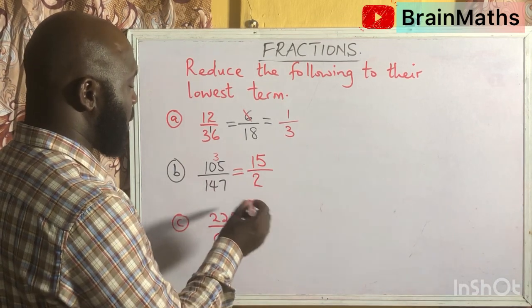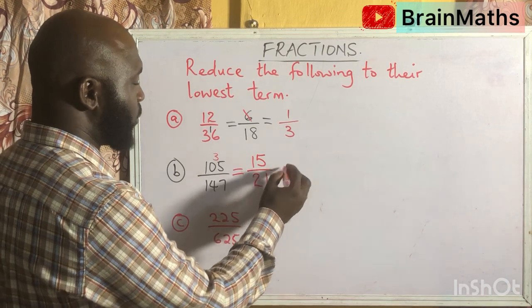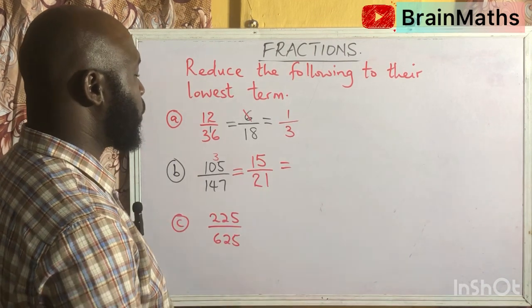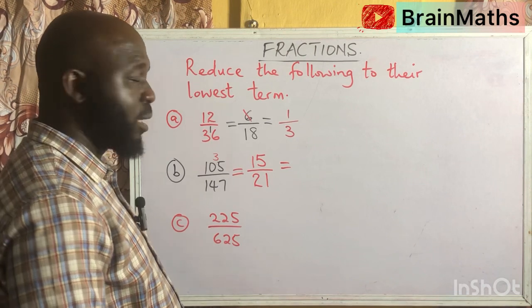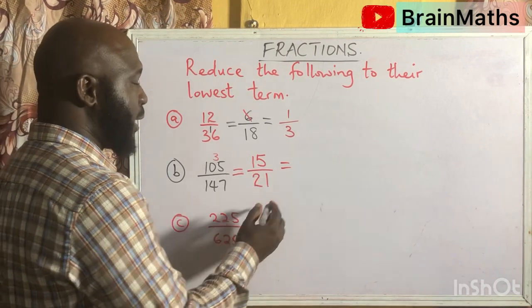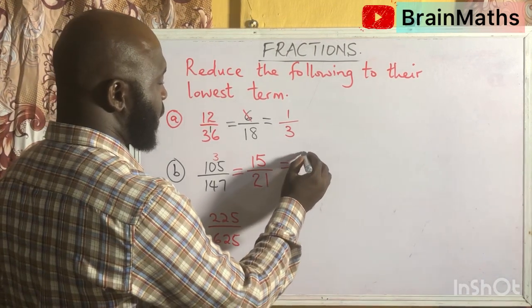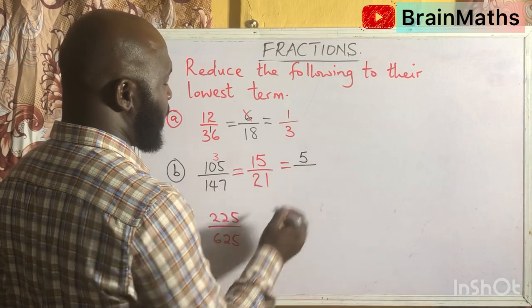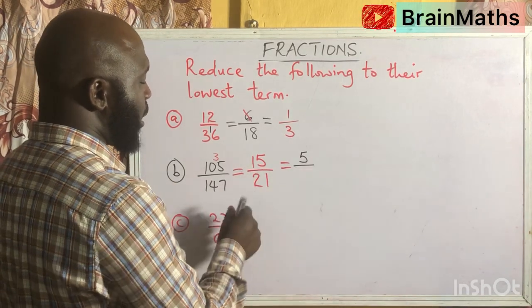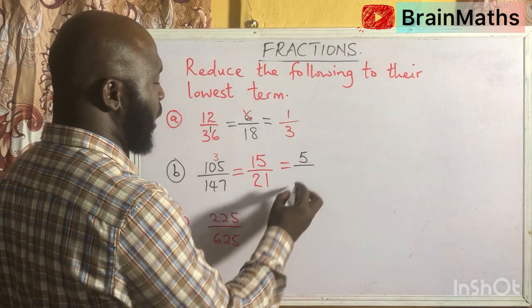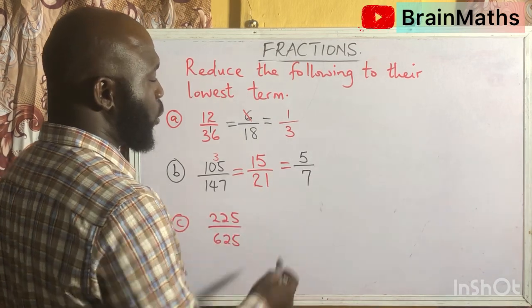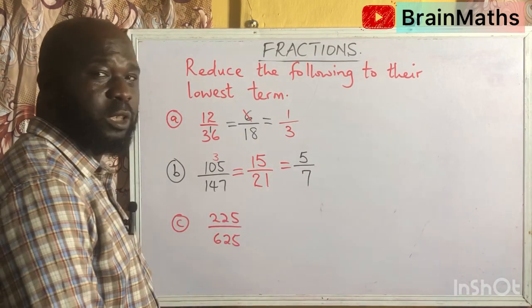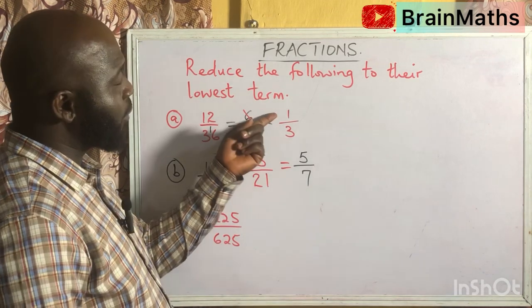And how many 7 can we get in 7? 1. It is still possible to divide this further by 3. How many 3 can we get in 15? That is 5, no remainder. How many 3 can we get in 21? 7. So looking at this, we have gotten to its lowest term, because if you look at the first one,